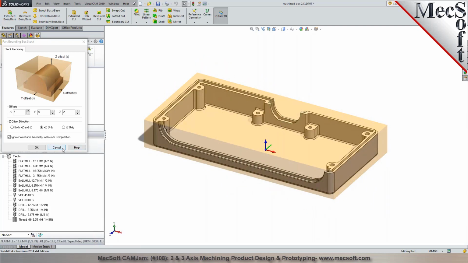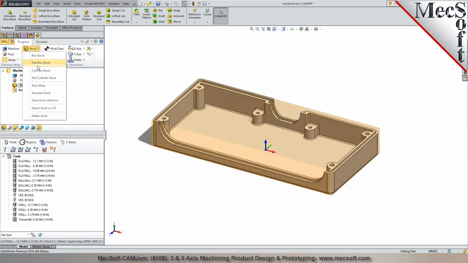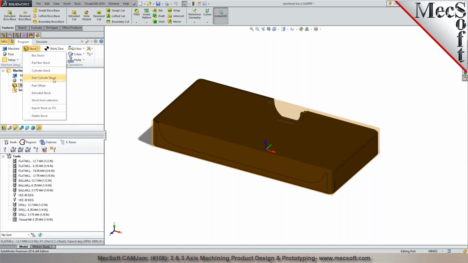Pretty straightforward. And you have a cylinder stock, part cylinder stock, depending on the type of parts you're trying to cut. You can also do a part offset stock if you happen to be working with a casting or any of that. And you also have the option to do stock by selection, which is basically a stock that can be defined for,